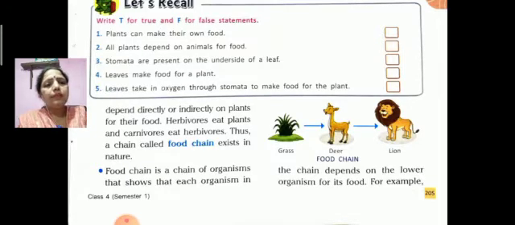Herbivores eat plants and carnivores eat herbivores. So listen and try to understand. Animals depend directly or indirectly on plants for their food, like herbivores eat plants and carnivores eat herbivores. Thus a chain called a food chain exists in nature. A food chain is a chain of organisms that shows that each organism in the chain depends on the lower organism for its food. For example,